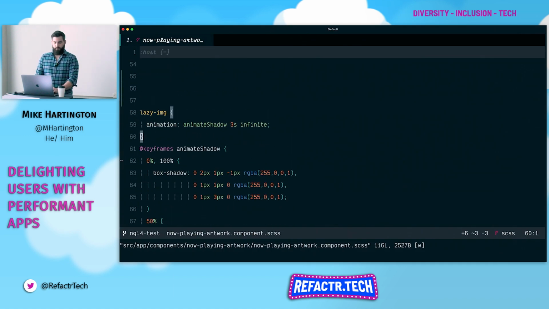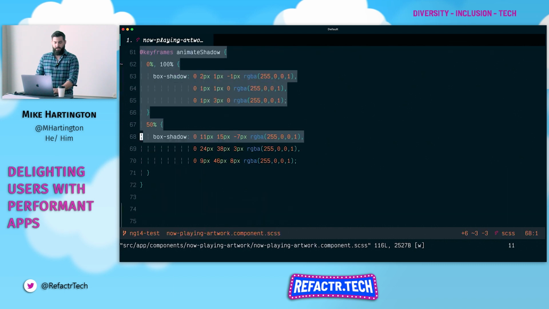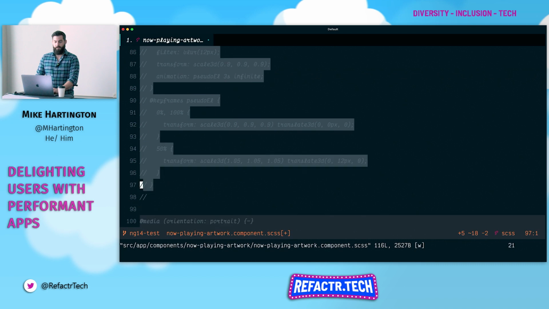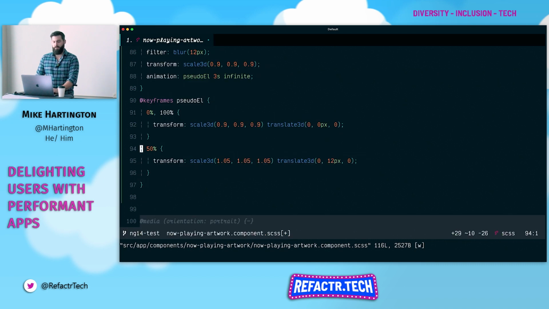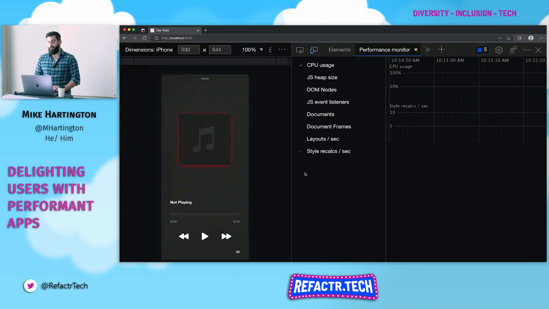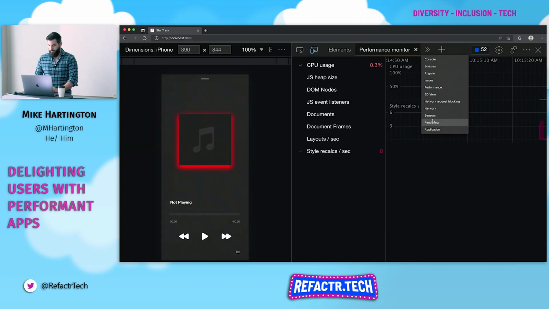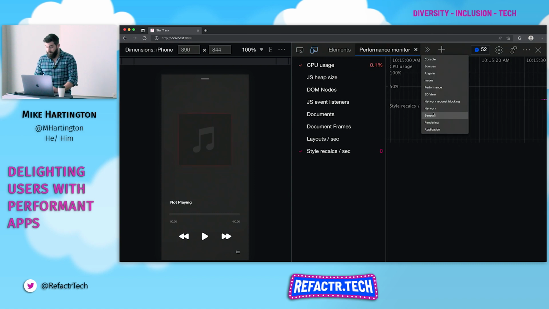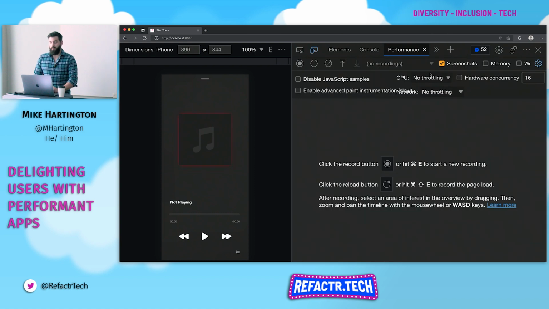So we will just come over here and comment out this code. And like a good developer, I have everything prepared ahead of time. And we're just going to save and go back to this demo. So there's our shadow. It's growing. This is using the pseudo element. And we're going to go to rendering, keep that paint flashing enabled, performance monitoring. Or let's go to the performance tab first just to make sure we are still doing our throttling. And then